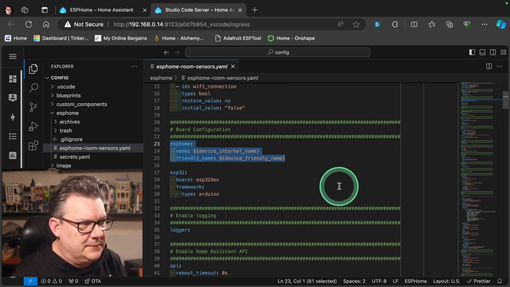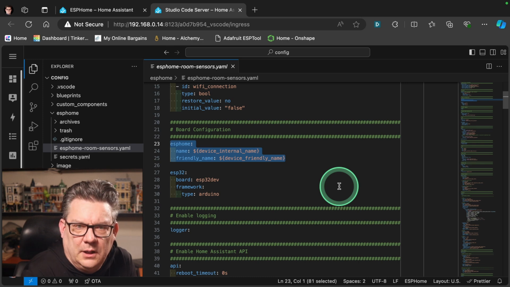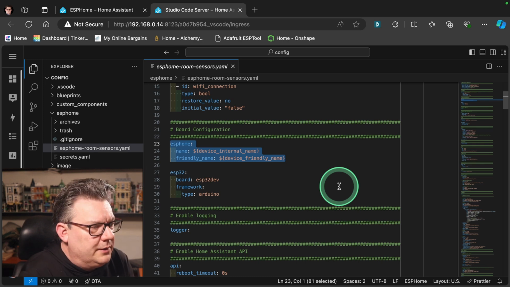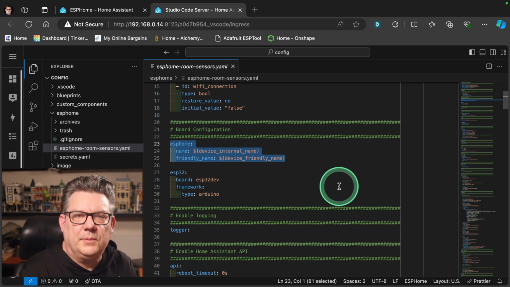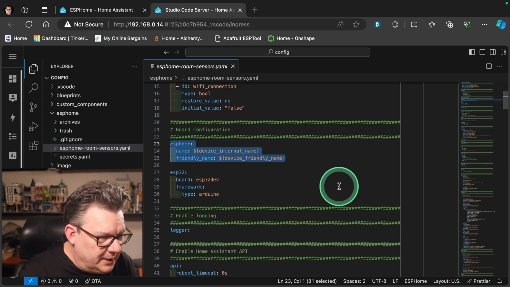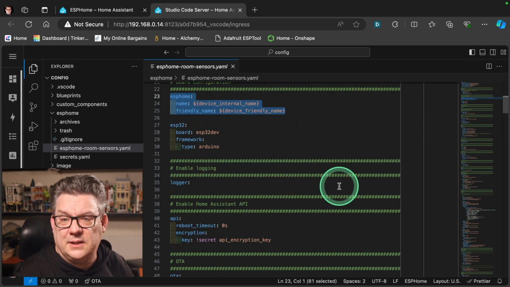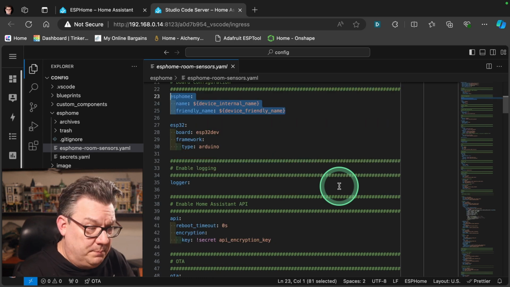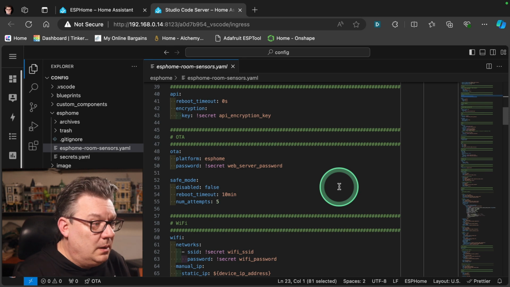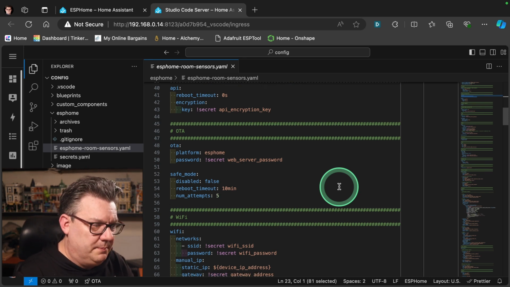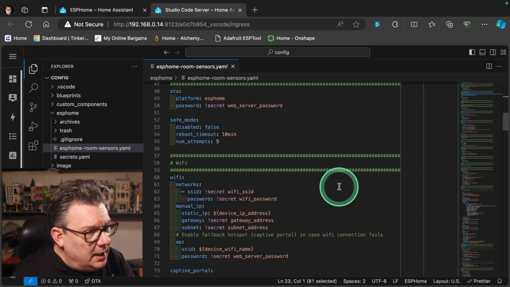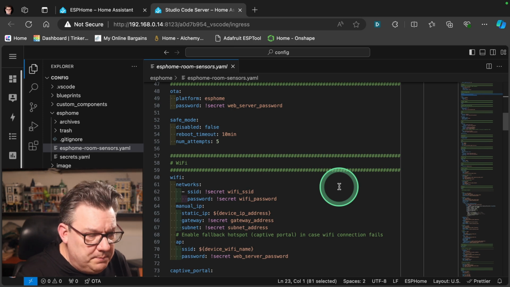This section does not need to be in a file that we keep copying and pasting into. The next one is the ESP32 component, which I will talk about in a later tutorial. But again, why should we repeat it? The logger appears in all of our devices. API, the same. OTA, the same. Wi-Fi, the same. And you can see that these are copy-paste